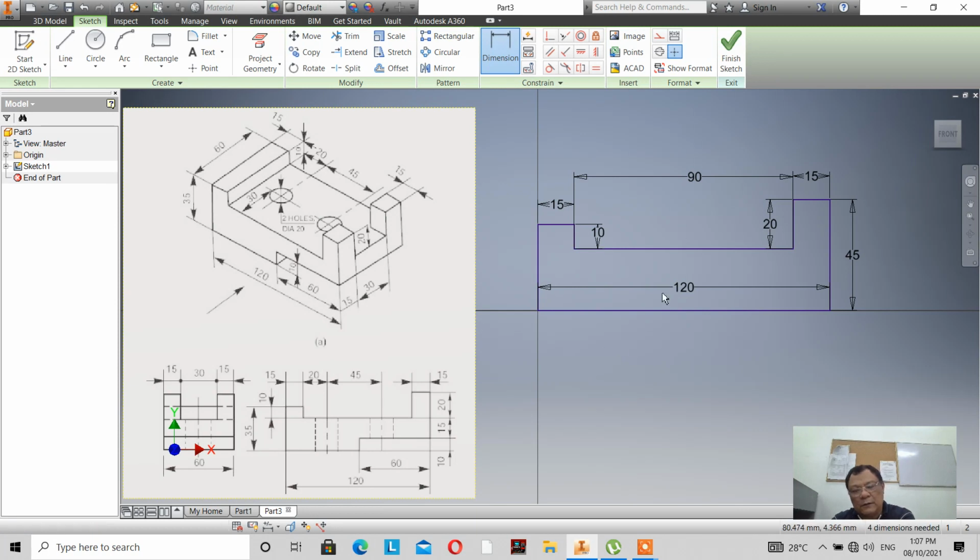Now you see, all of our lines now are in blue, but still we have 4 dimensions. Why do you think? Why can't we see the, what you call this? Why do we have 4 needed dimensions? Why is it that the drawing is not fully constrained? Now these 4 dimensions are with reference to this figure. If I delete this figure, for example,